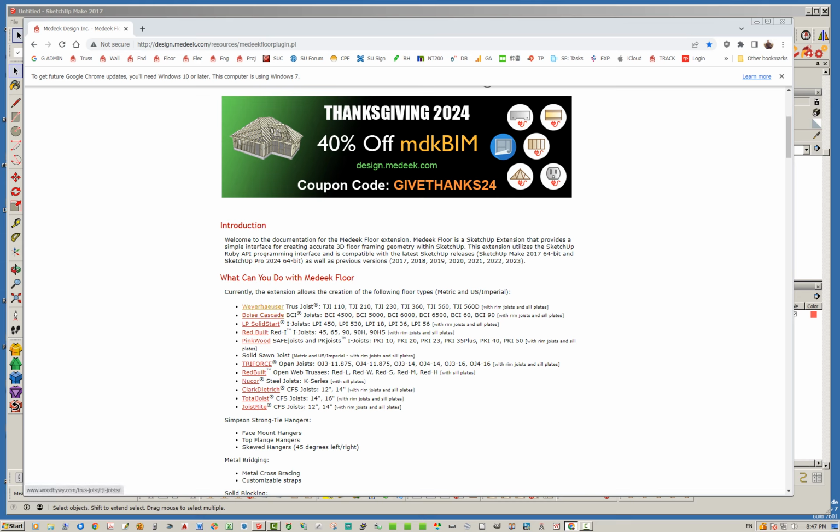So originally, as you can see here, we have Weyerhaeuser, Boise Cascade, LP, Redbuilt, and Pinkwood, and of course solid sawn lumber. So those were the initial products that I had available. And recently now I've added open joists, Triforce open joists, Redbuilt, and their open web trusses, and those are kind of a hybrid steel wood sort of configuration. And then we've got, of course, your typical K series, Nucor steel joists. Actually, I think there's other companies that make those, but the K series is just a standard steel